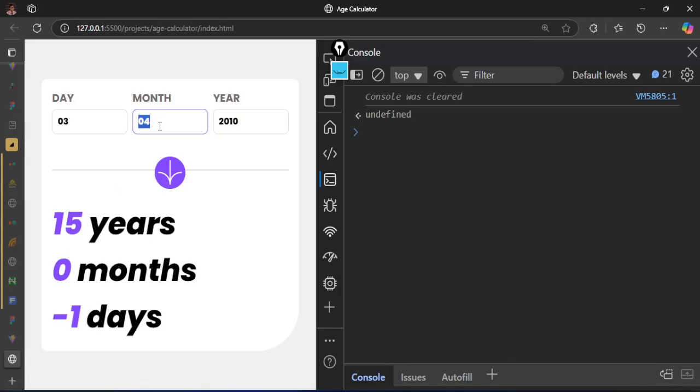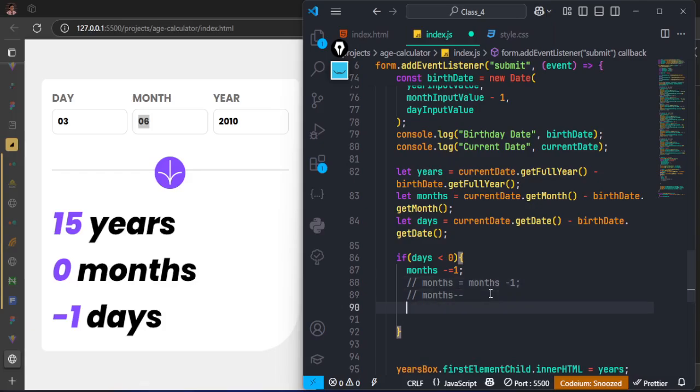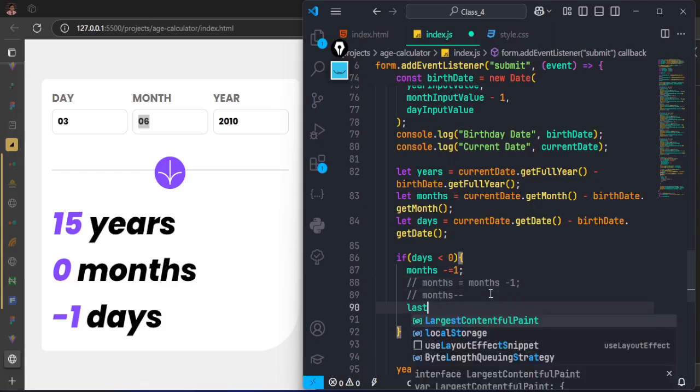If the user types 6 here, that means the previous has to be 5. So how do you get the previous? Based on what the user is giving you here, you can actually get the previous one. So in order for us to get the previous month, the maximum day that we have there, so here now